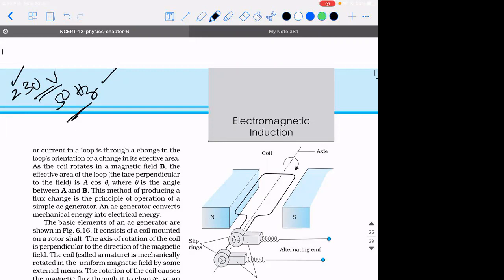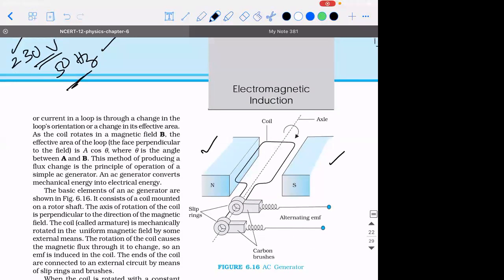Now comes the logic of how an alternating generator is supposed to be designed. For you to speak about the concept of flux, the first thing you need is a magnetic field. To generate the magnetic field, there are two poles already present, where the magnetic field is going to be from the north pole to the south pole. Accepted? Secondly, for the concept of flux, you need a closed surface. For the closed surface, they use a coil like this, which we call an armature coil.